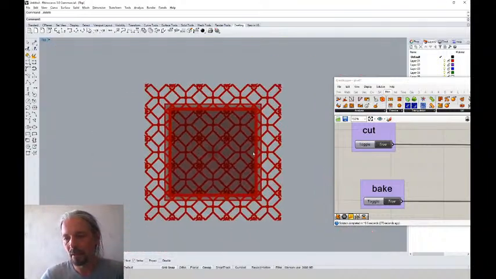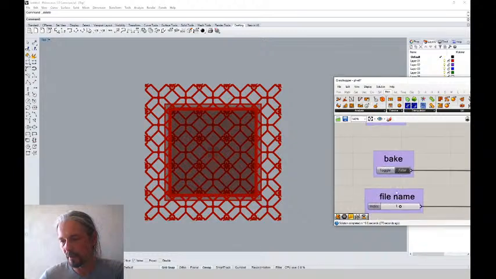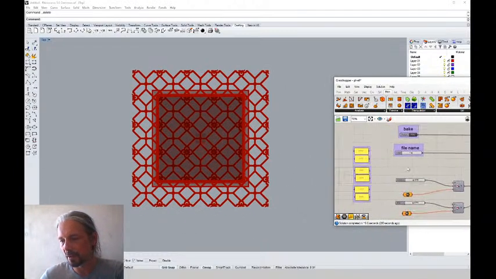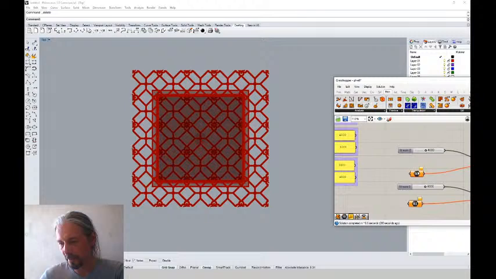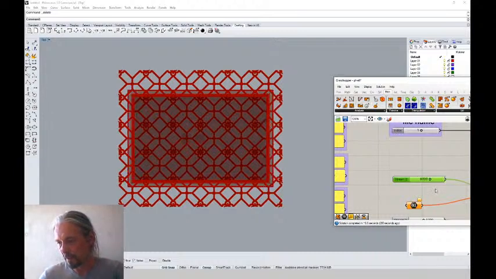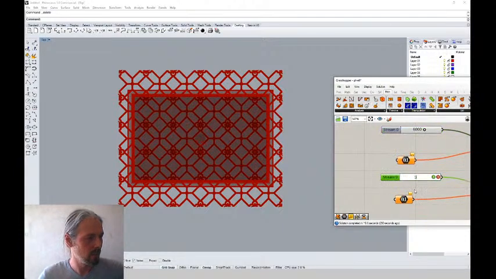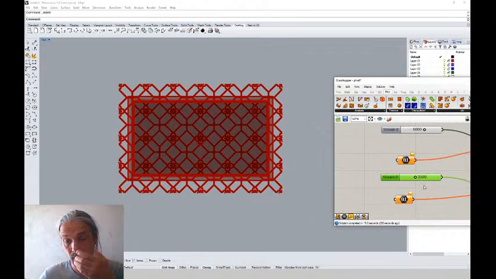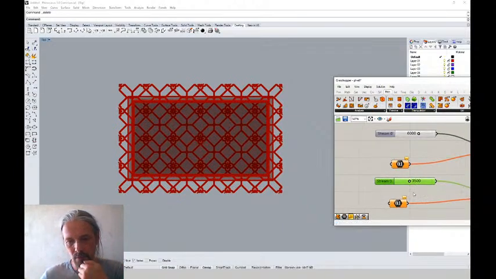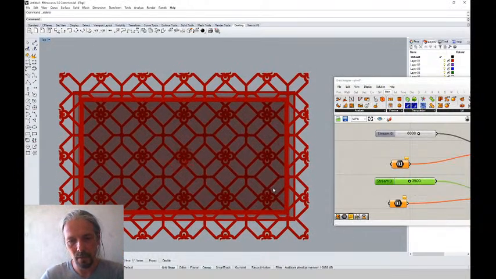So here we have cut is false, bake is false, to work faster, and now we change the last sizes: 6 meters by 3.5, so not such big rooms I'm examining here. So you see, actually I like how it looks. Maybe